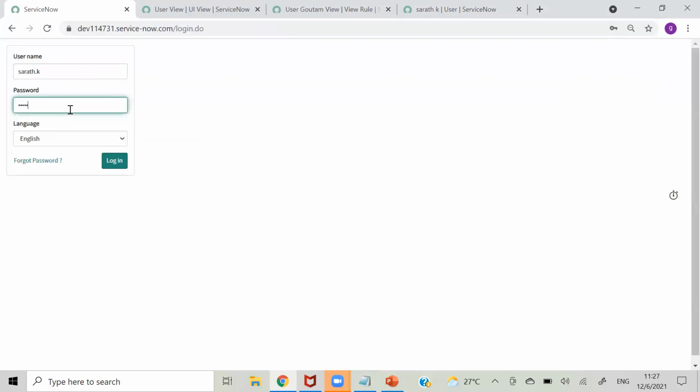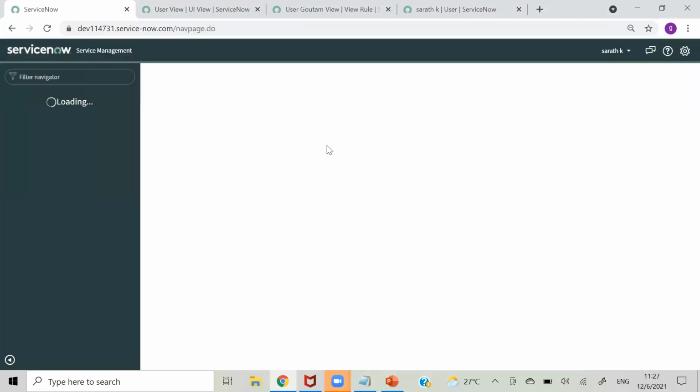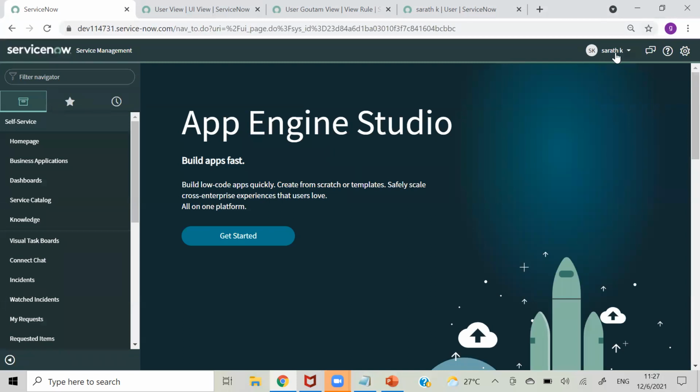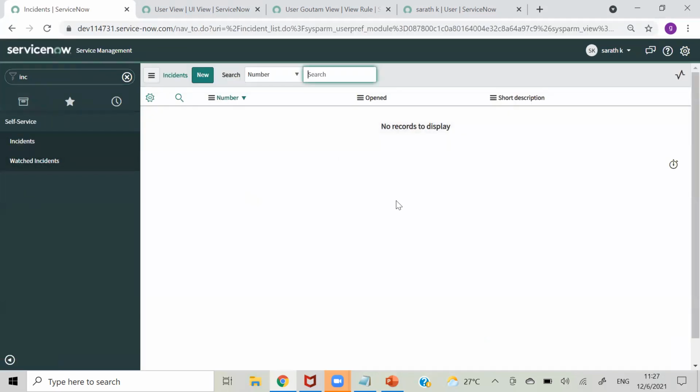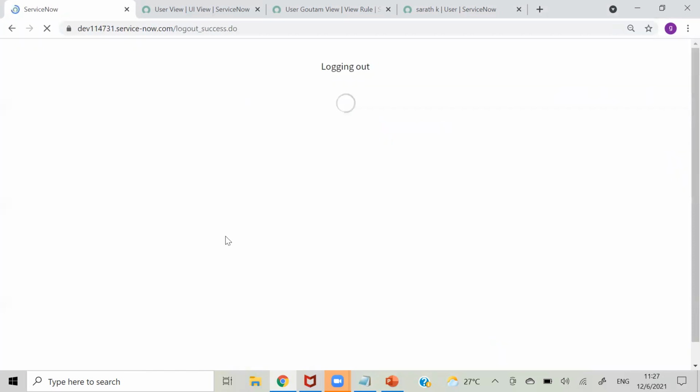So see, here is Sharath.k. We have logged in with him, and we have not given him any roles, right? So he will be just like an end user, he can just see his incidents, nothing more than that. Okay, so log out,